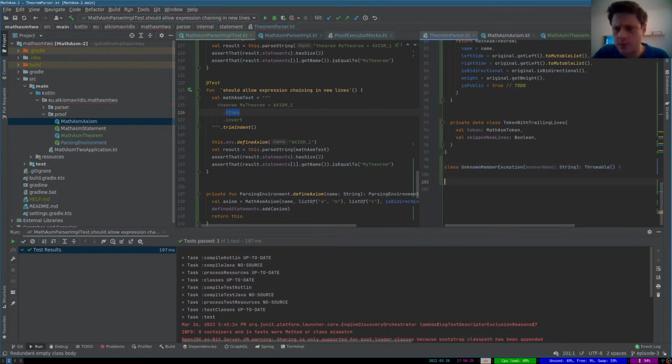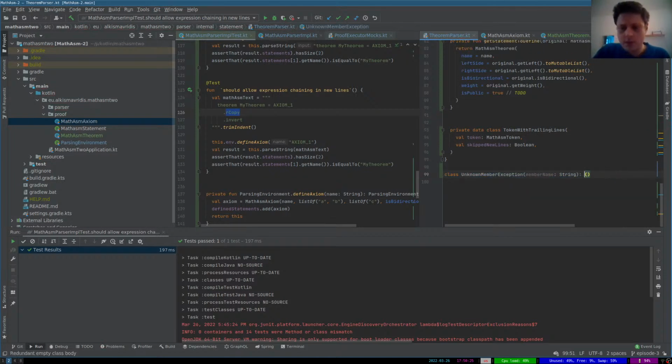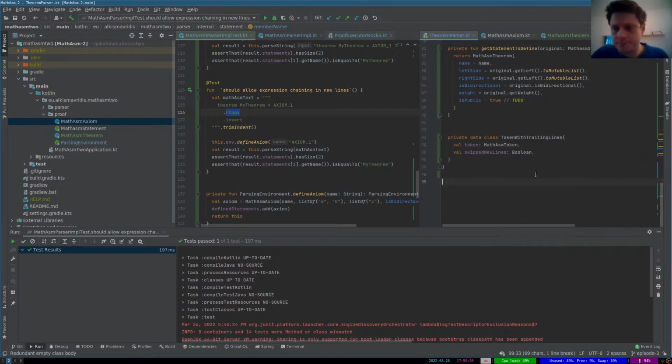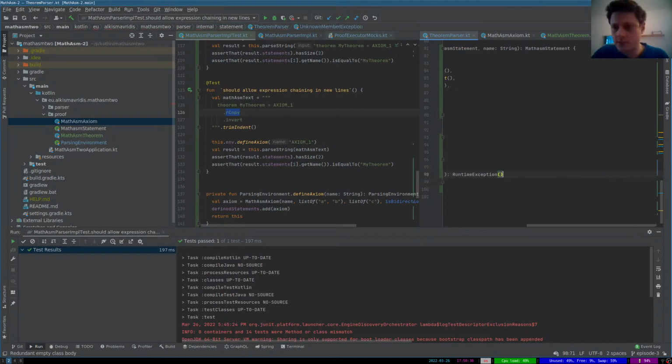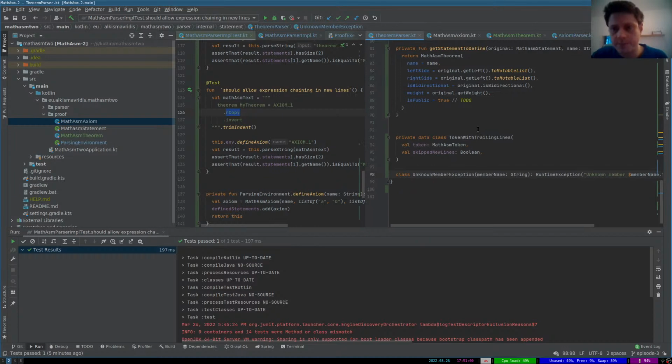What is that? That's part of that. Okay. Runtime exception, and let's give the message unknown member. Please use, yeah, sure, dot all. No, we don't need examples. It's not the job of the parser to teach MathAsm. Okay,